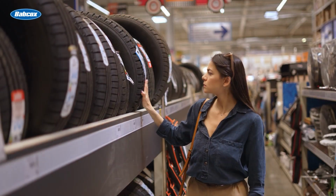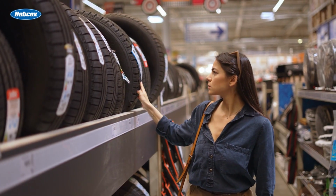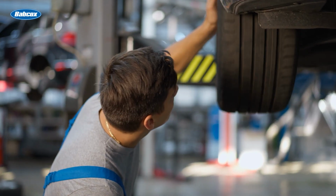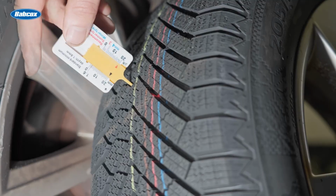Nobody mixes their tires' ages intentionally. It usually starts with something simple. Maybe one tire gets damaged and replaced, or the driver just wants to replace two at a time because it's what they can afford at the time. So you do your best to match the brand, the size, and the tread depth, but unfortunately, these scenarios often